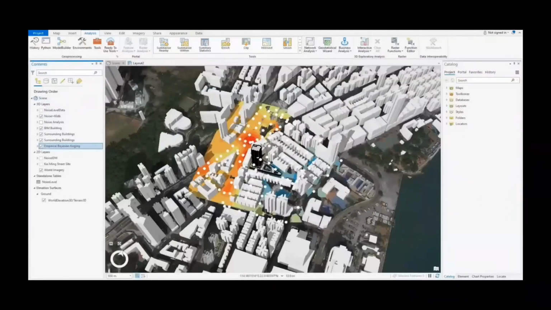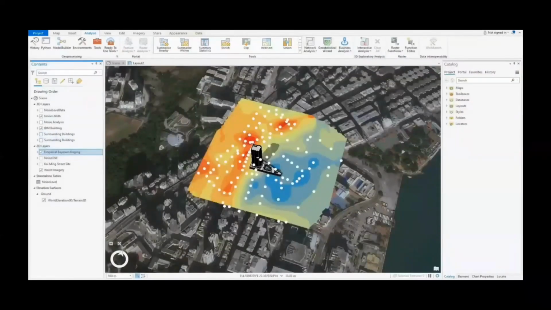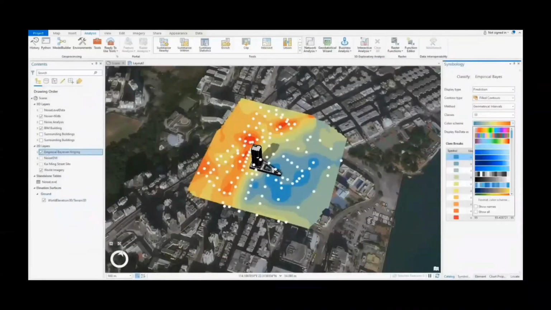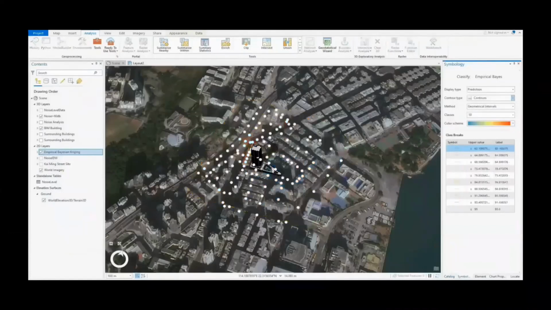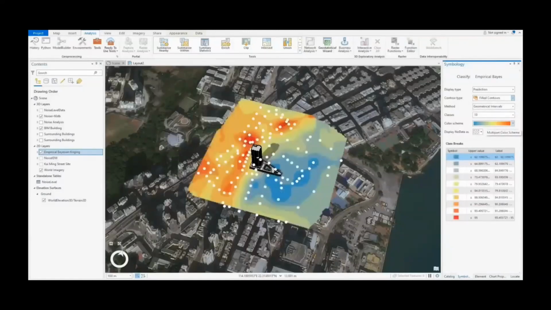Now when we click finish, this intensity map will be generated automatically on the GIS map screen. We drag the Empirical Kriging model results to the 2D layers for better visualization. You right-click the layer and click symbology, and we can change, for example, the color scheme to intervals. What are intervals? As you may notice, they are class breaks, or what we simply call the categories of noise level, which the system generates automatically.